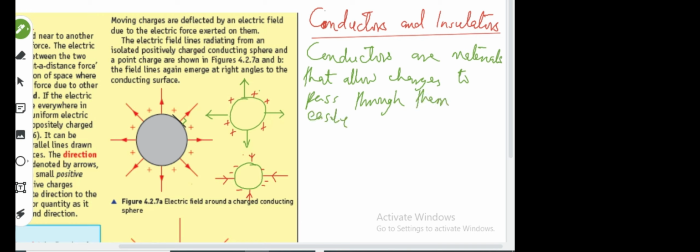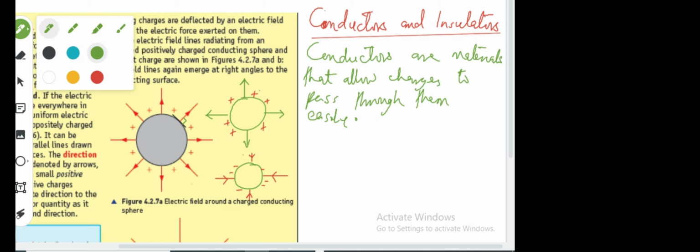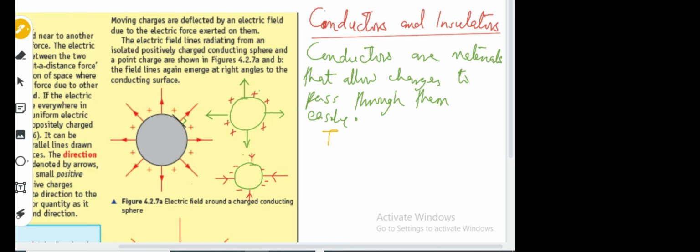Why do they allow charges to pass through them easily? Why do they have free electrons? This is because,